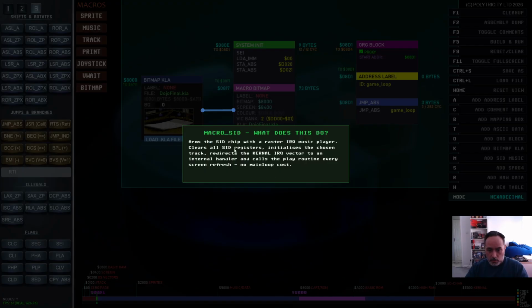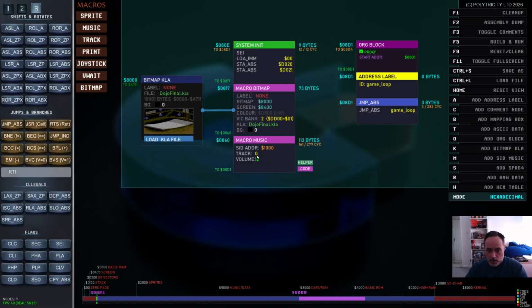So it also tells you what it does. I'm just set with a raster interrupt request. Music player clears all the SID registers, initializes the chosen track, redirects the kernel. So yeah, there's a track selection here, so you can choose whatever track it might be, and there's also like